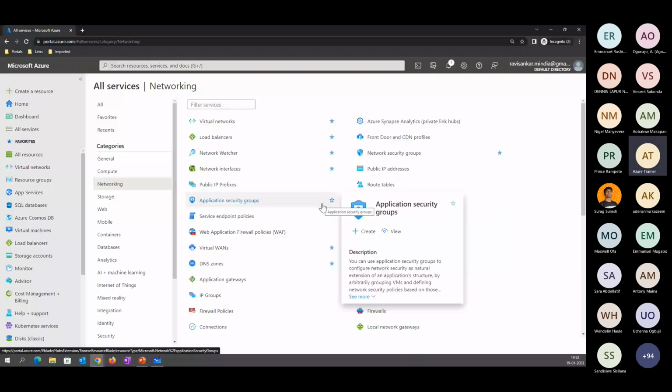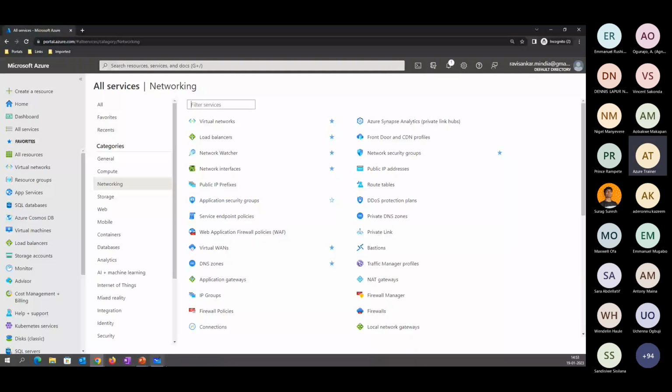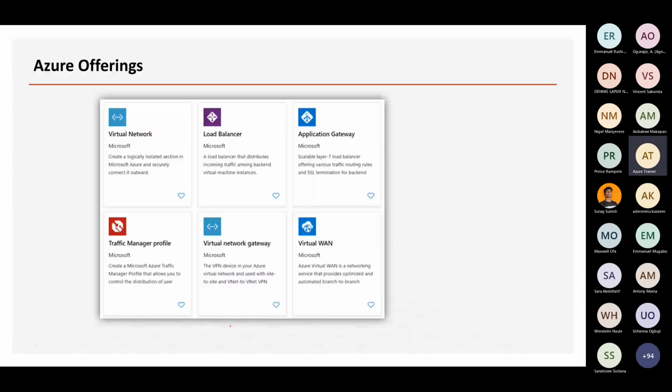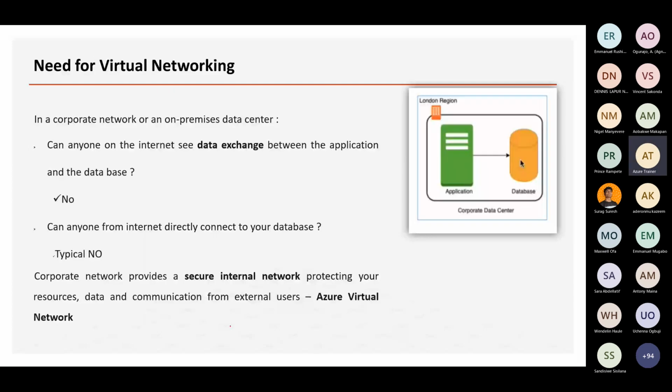Right now, let's go back to the topic here. So right now we understood that when you discuss the networking side, almost 35 plus services are currently hosted on the cloud side, and we are trying to understand them one by one. Now, before moving on, we had a quick casual discussion on the need for virtual networking. We already got an answer in the chat saying that the need for networking, whether real-time or